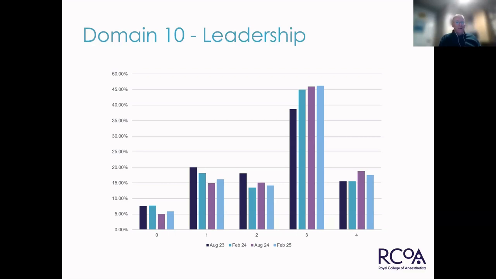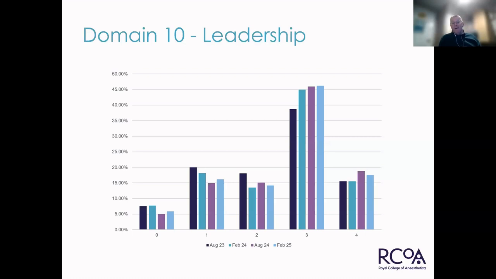And I'm sure for many of you it will be a challenge to think about the type of evidence that you produce for this. We've tried to make the guidance as clear as possible, but obviously we cannot legislate for every single component or every single thing that people could submit for this domain. So have a look at it, speak to an educational supervisor or a college tutor about the best type of evidence.